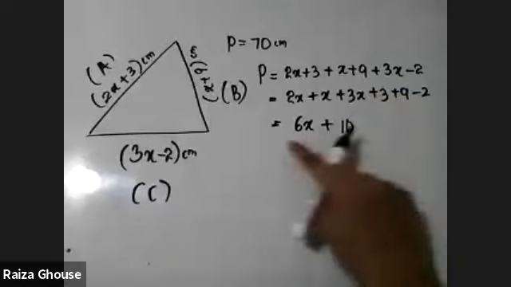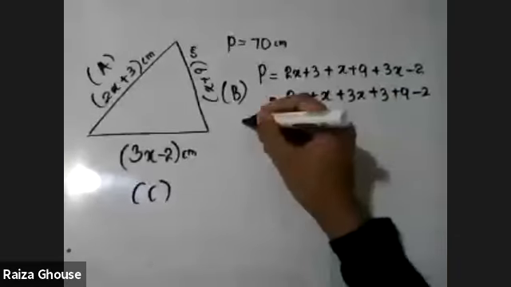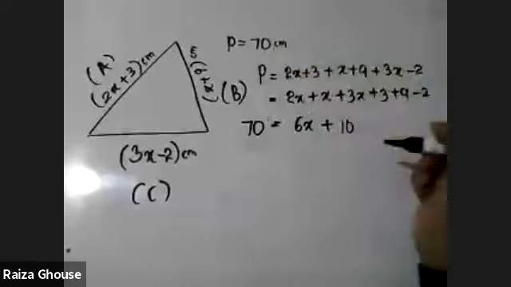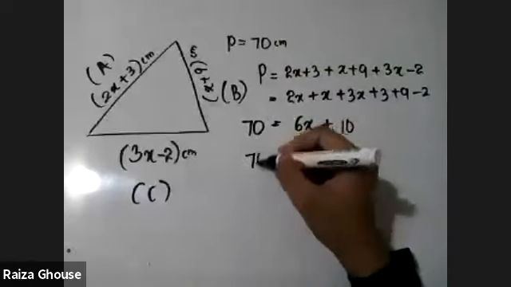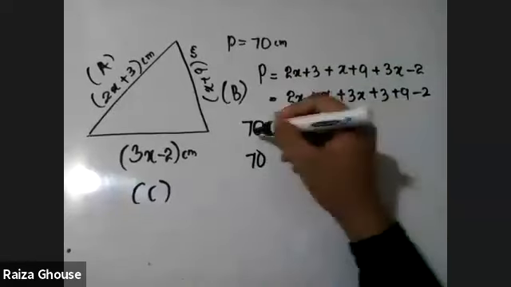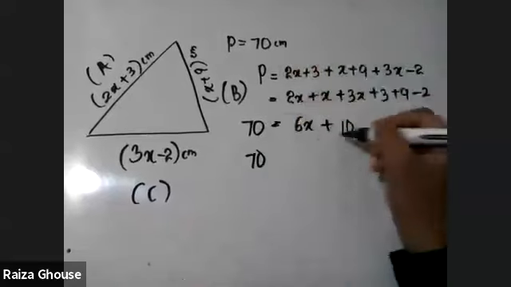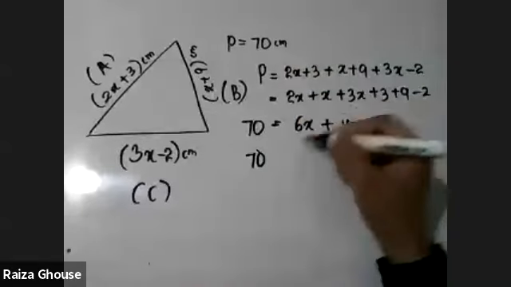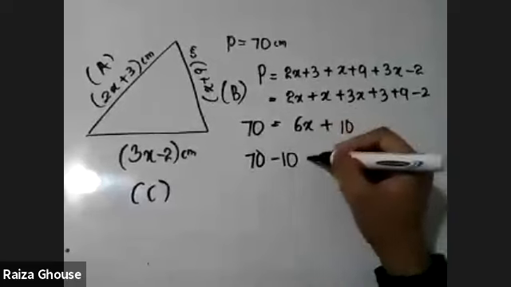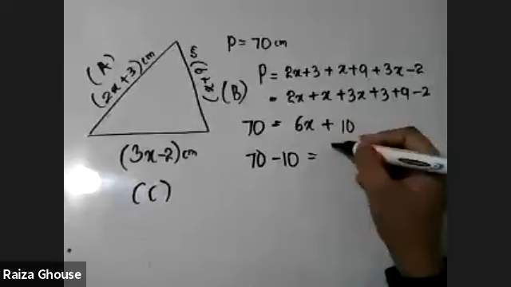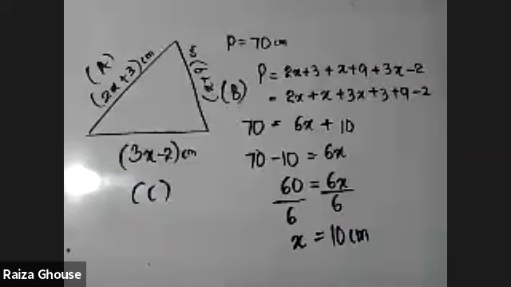Some of them had sent me this answer. But did you forget the perimeter given? 70 centimeter. Now 70 here, number 10 is a like term. Carry that to the other side. Already this is positive. When it goes that side, it becomes negative. 70 minus 10 is 60. 60 equals 6x. So you can isolate the x part by dividing. You get 10 centimeter. x is equal to 10 centimeter.